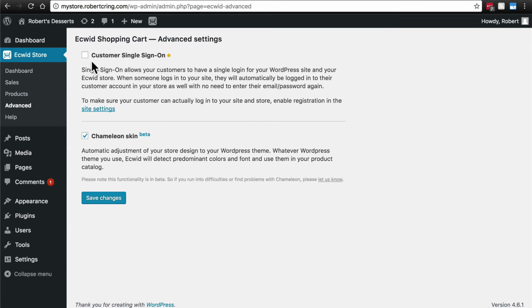Notice we also have Customer Single Sign-On. Customer Single Sign-On allows customers to log in to your WordPress site and also then be logged in to your Ecwid store automatically as well by logging into your WordPress site. So if on the WordPress site you've built, you have the option for users to create accounts, for instance, then if you turn this on and click Save,